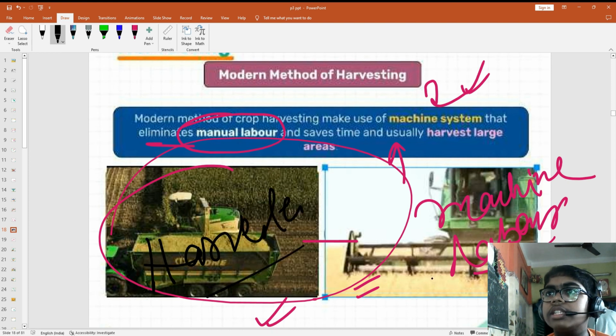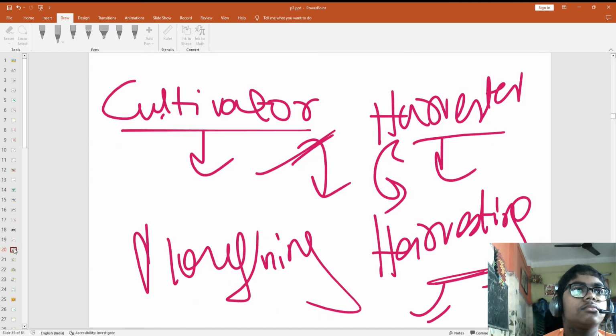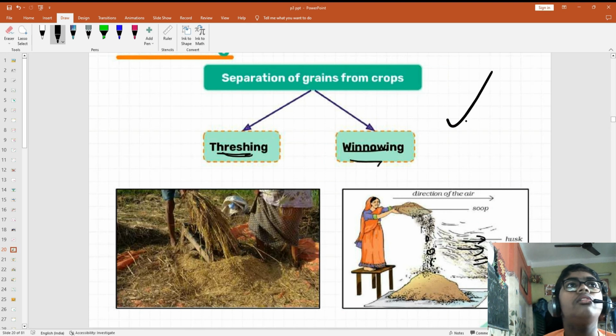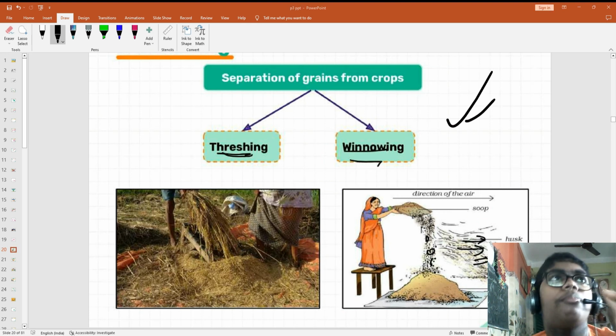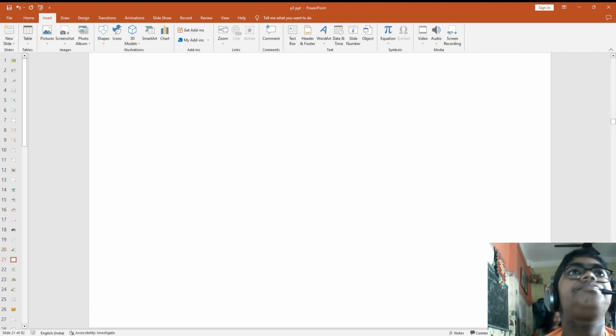You can see how it is cutting. Here all the ripe grains are there. It is like plucking off the surface, like plucking. Now it is plucking from here, isn't it? Now separation of the grains from the crop. One thing you see that